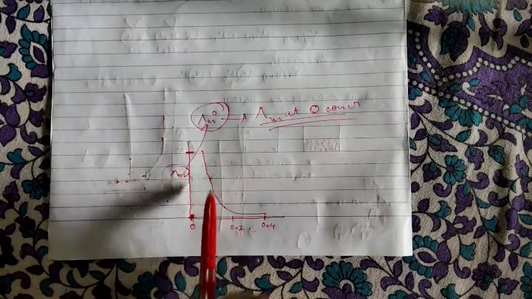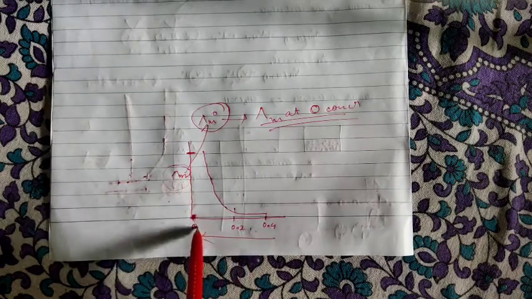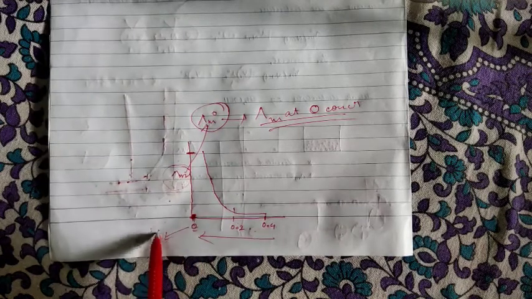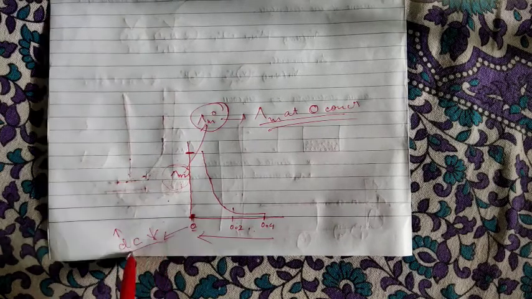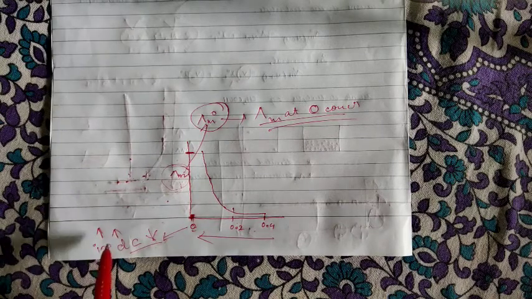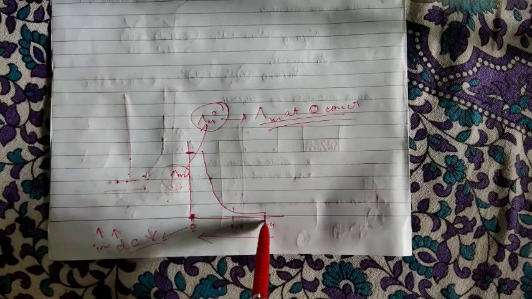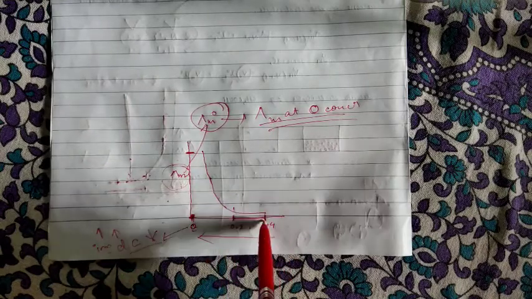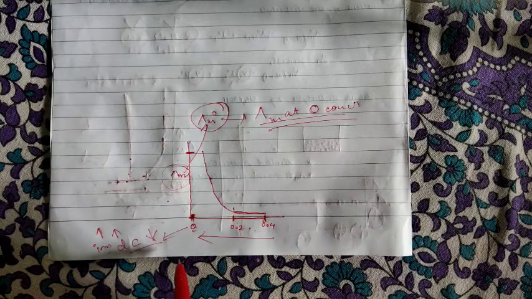Now you can see in this graph that when we come this way, we are decreasing the concentration, which means we are diluting it. And when we are diluting it, the formation of ions will also be more. That is why it can conduct electricity, right? So between 0.4 and 0.2, the weak electrolyte is so stubborn that it will not form any ions now.